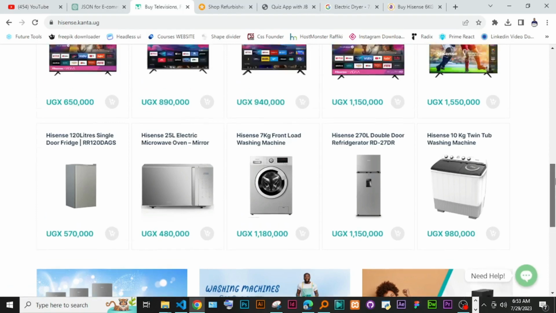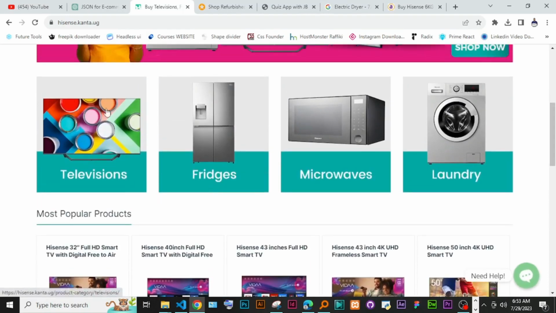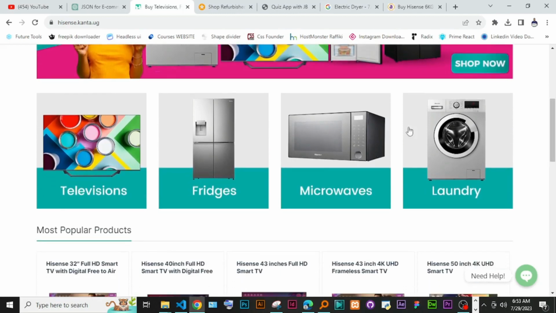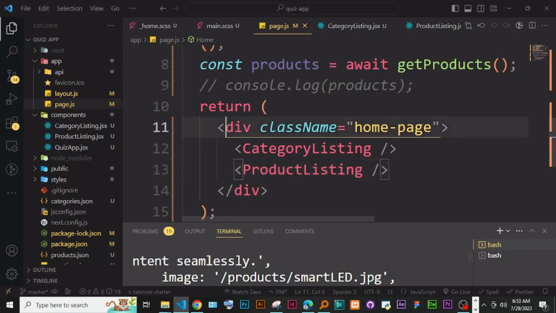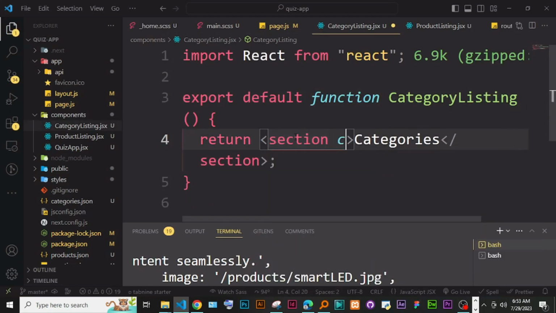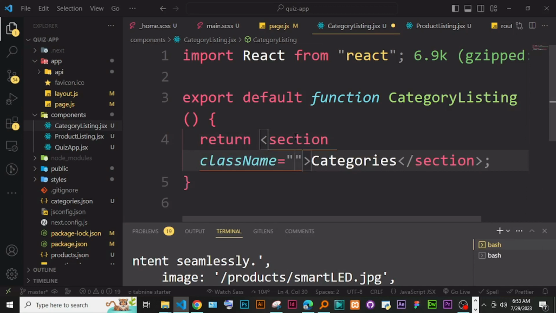The category listing, I want it to look something like this. Let's see. To have the categories, the image, and the name. You want the category to have the name here. So I'm just going to have a heading for them, here on top. Let me go to the category listing, and I'm just going to make it a section, and then give it a class. I'm just going to give it the same class, category listing,